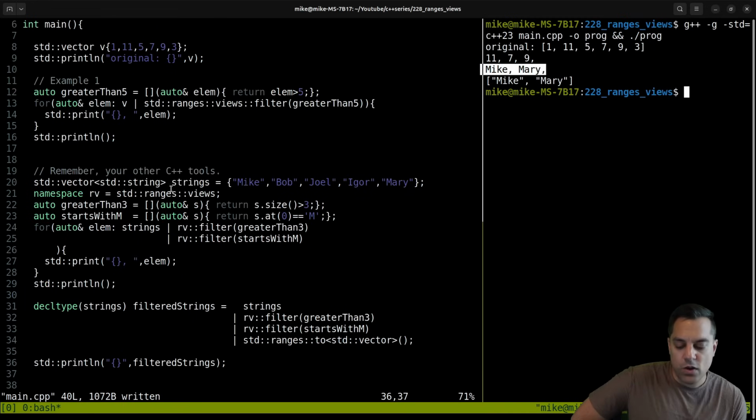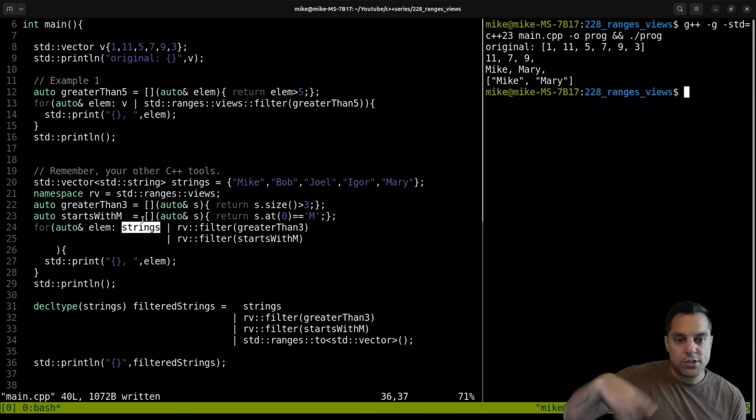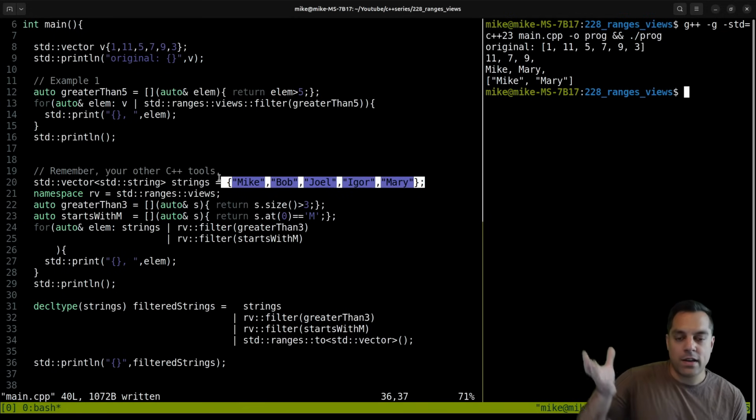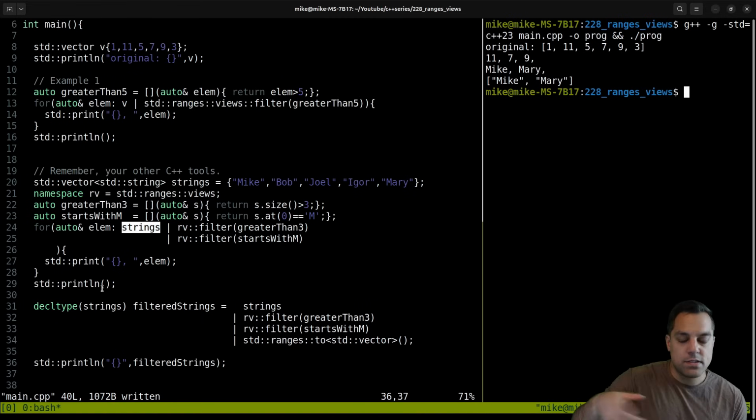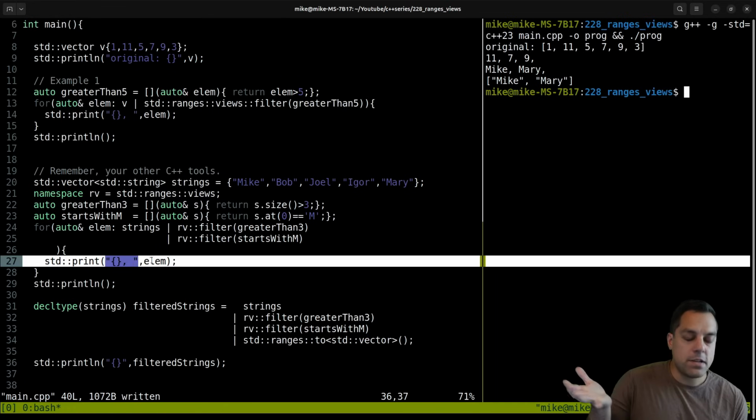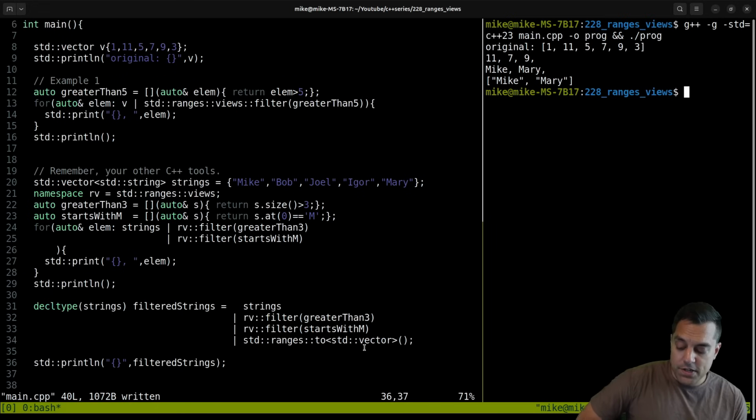Maybe I just want to do this once. Maybe this is an algorithm. Maybe whatever is in strings is constantly changing, like in an infinite loop. Like this is my list of active users on my forum, active people on my airline passenger system, active users in a game lobby or something. So you would just have a for loop that goes over and says, just process these strings every time in my loop. I just need a view of them and to do some operation, which in this case is just to print them out. Versus this version here